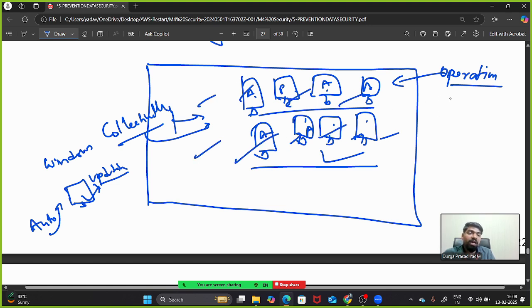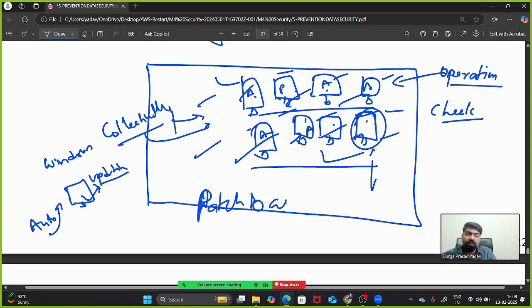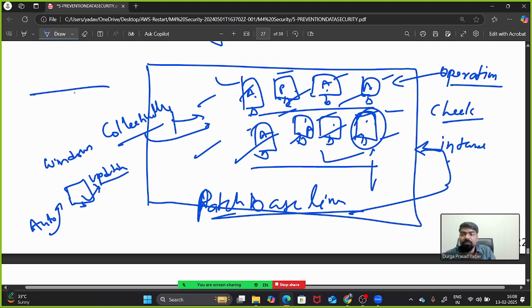Yes, sir. So in the entire systems, if you need to check whether all the systems are up to the mark or not, we are not supposed to check it one by one, right? What we will do is apply a patch baseline on all the instances, all the computers, and we can check which one is going below the baseline and which one is going above the baseline. Whatever systems are above the baseline, we can use, and those going below the baseline, we can remove or delete.